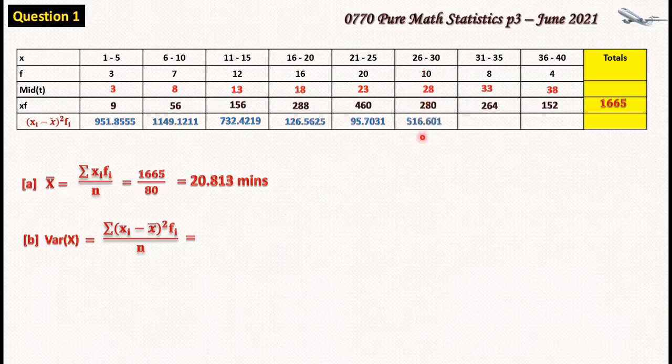That gives us 516.6016. And 33 minus 20.813 squared times the frequency, which is 8. That gives us 1188.2813. The last one is 38 minus 20.813 squared times the frequency of 4. And we have 1181.6406. If we sum all of these, we are going to have